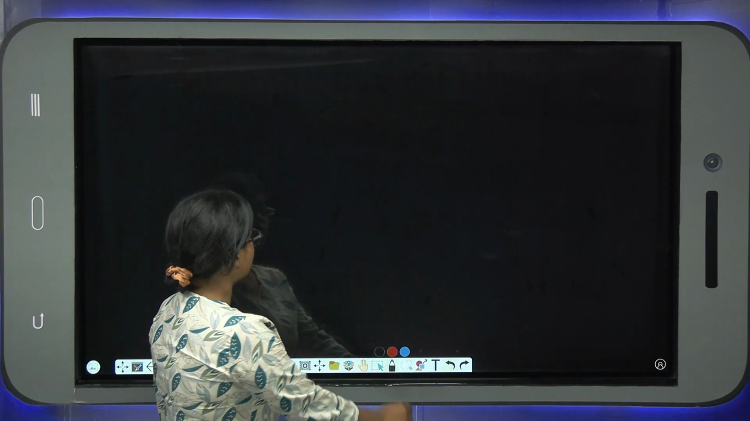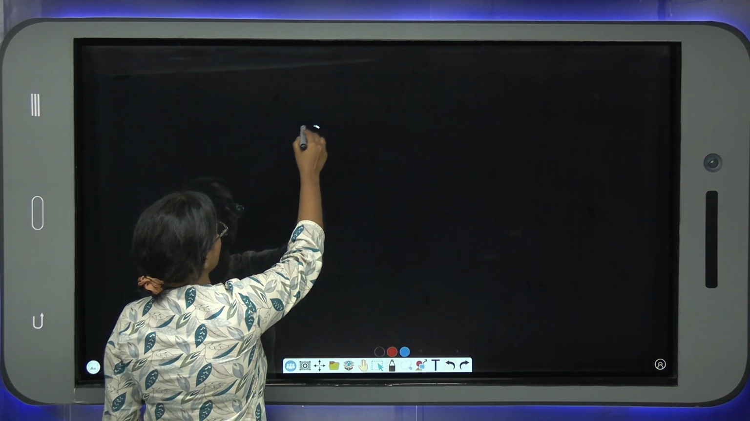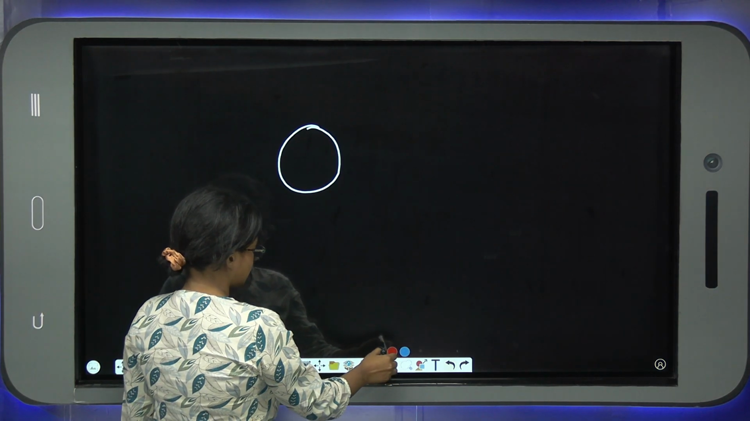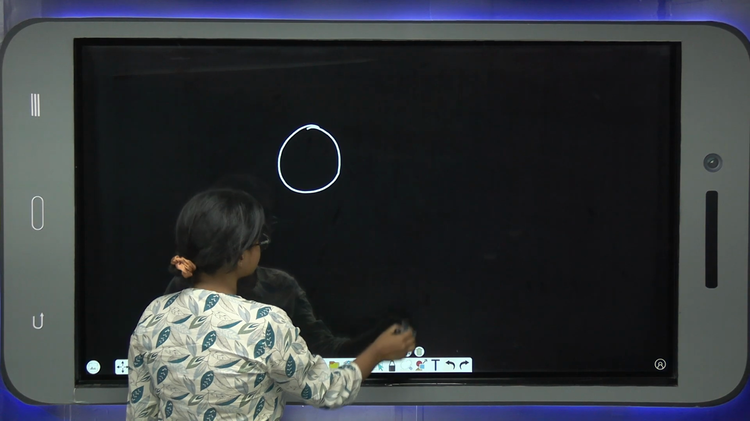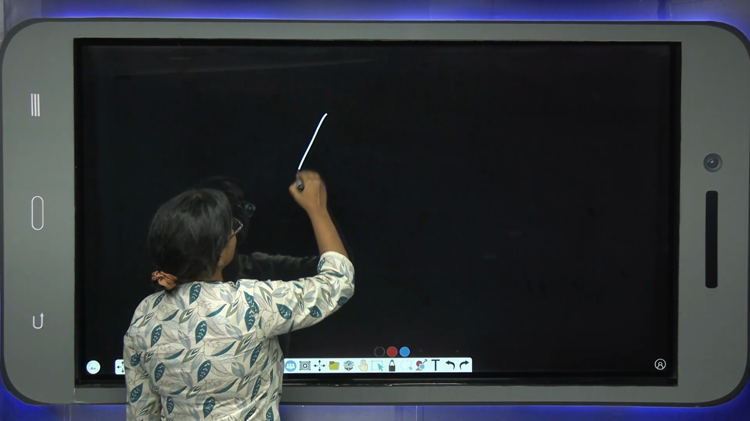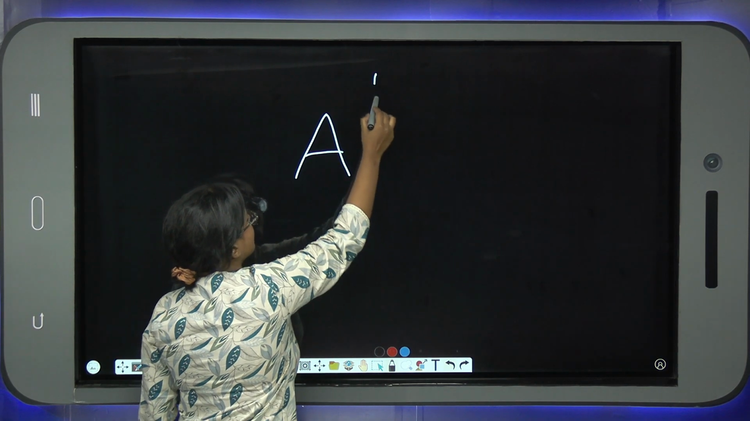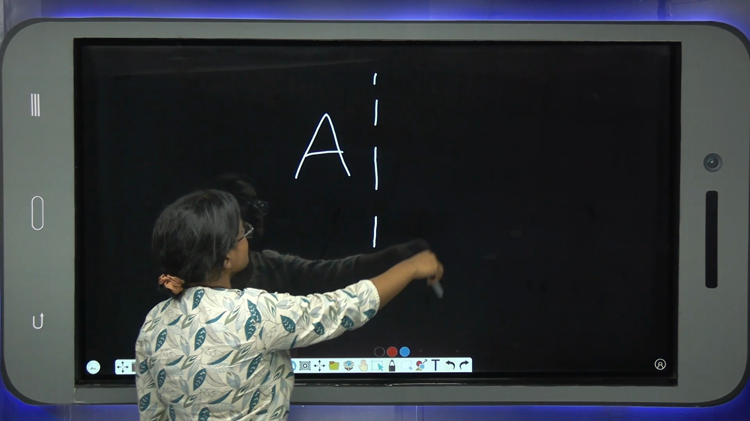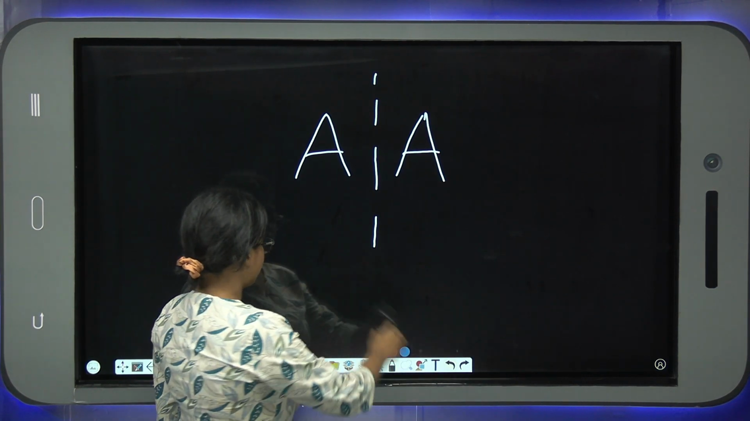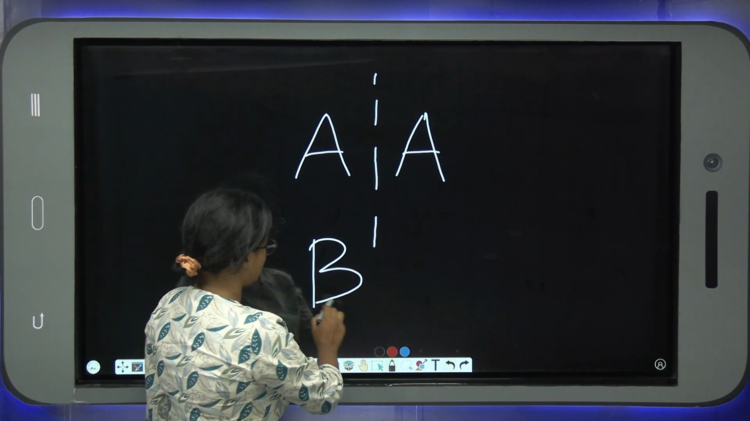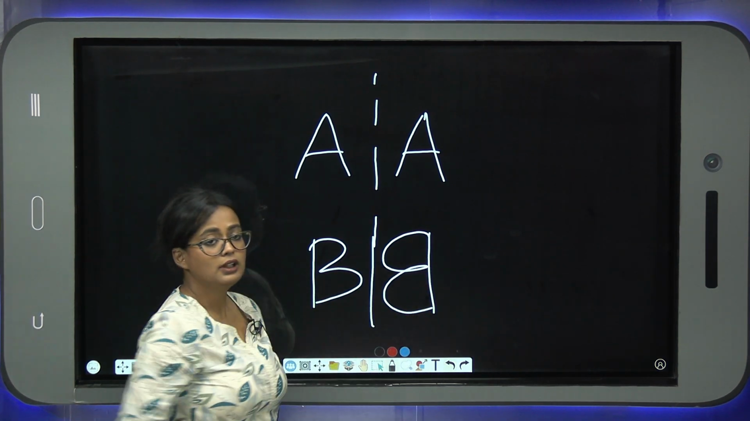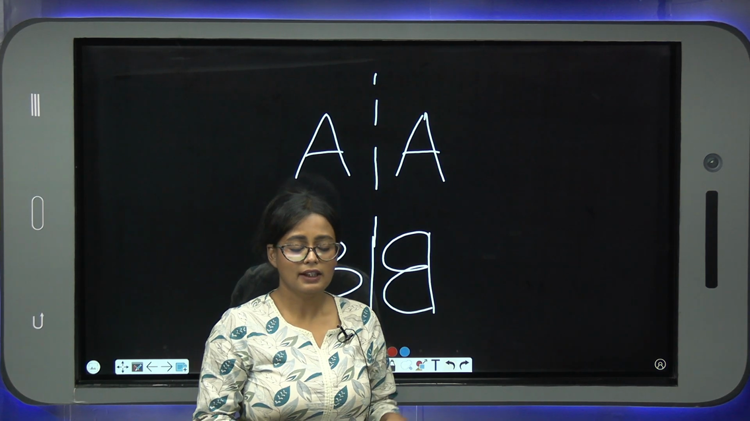Symmetric images can be formed when the object is symmetric, like the letter A. If you put a mirror in front of A, the image of A will be as it is. But if you put a mirror in front of the letter B, this will get inverted. This is the reason why the